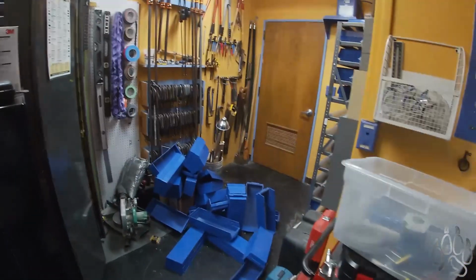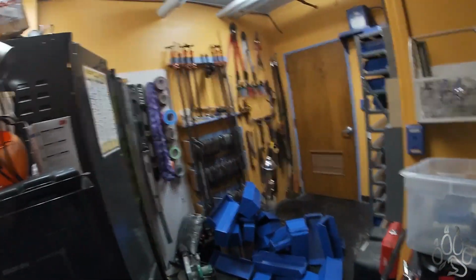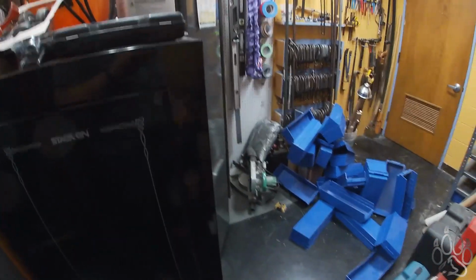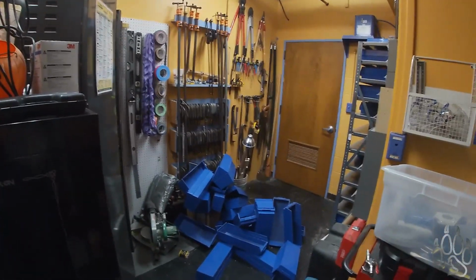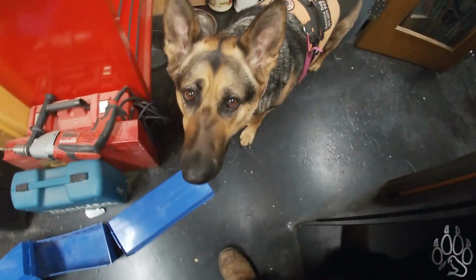All of this eventually needs a home. I threw out stuff that's either outdated, we don't have tools for anymore, or stuff that we would never use, and I really hate to do that, don't get me wrong, but when you start piling up all kinds of stuff, hoping that maybe one day I'll use this, it actually becomes more of a nuisance than what it actually helps. So I'm all for keeping things that we might be able to use, but I'm not one for keeping stuff that we'll never use again. So you'll see more next week. That's it for us here this week, and we're going to be heading